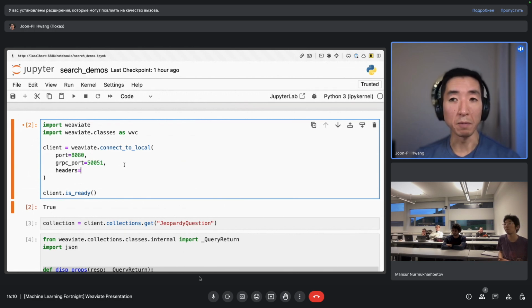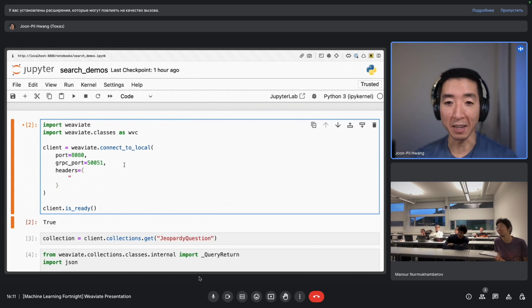Now, when I run these vector search queries, I need to do the same thing so that the results are in the same kind of vector format, the outputs of the same vectorizer model as the inputs. And because I screwed up, I didn't provide my OpenAI API key. I need to do that.